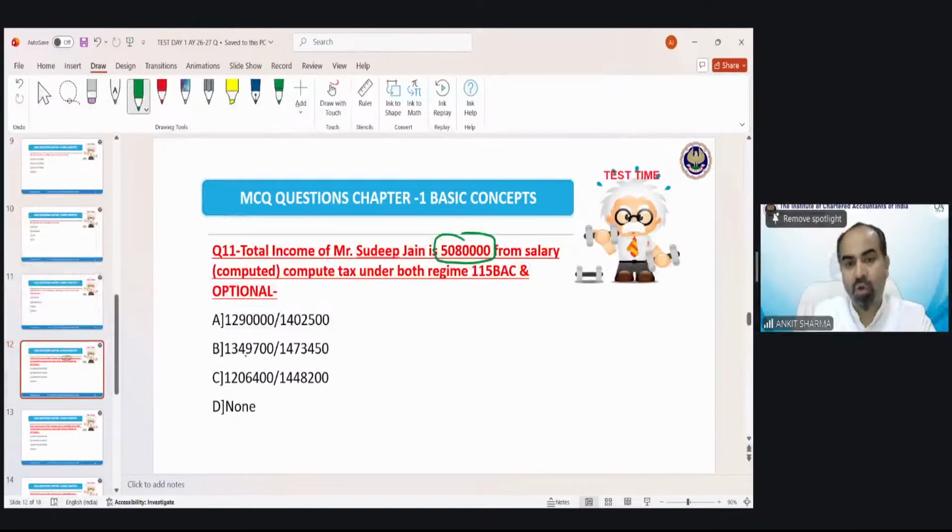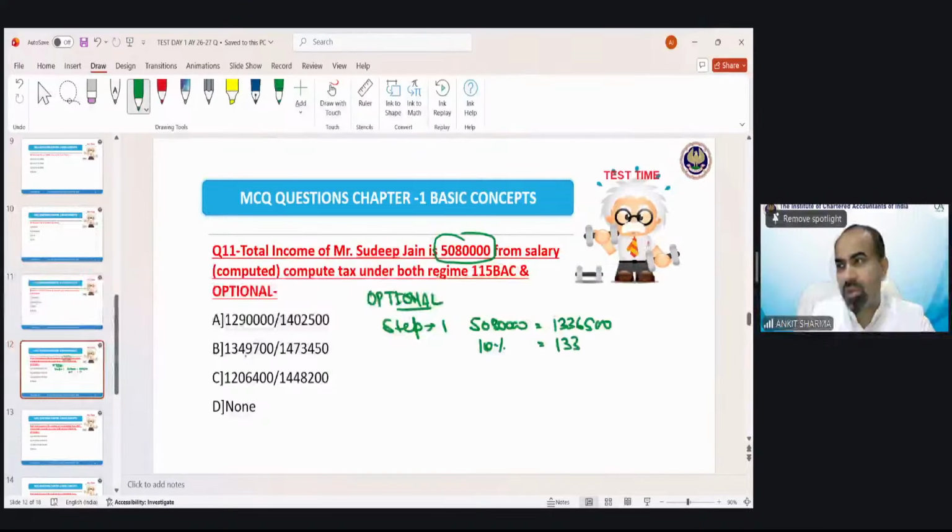And if we solve it, in case of optional, how will we solve it? Step 1, you have to calculate tax on 50,80,000. I have already solved these questions. The tax would be 1336500. 10% surcharge would be applicable, 133650. Total would be